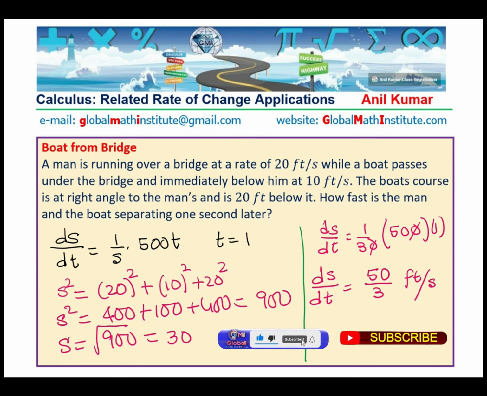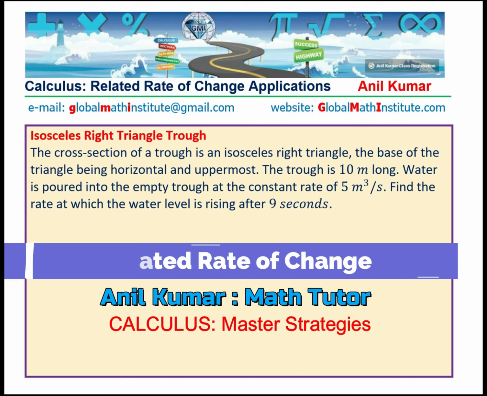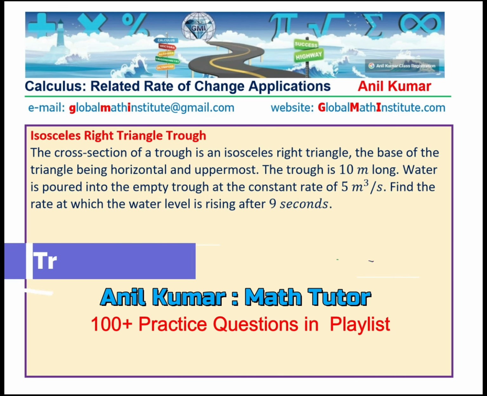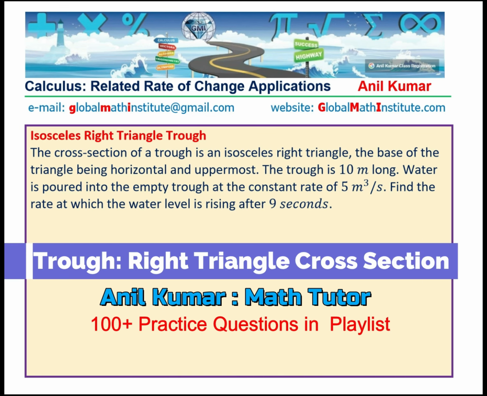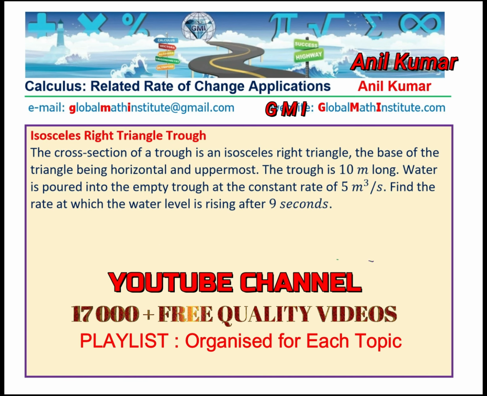Let us now take the next question on trough. Here is a very beautiful question based on related rate of change. We are going to analyze the cross section of a trough, which is a right angle triangle. The question here is, a cross section of a trough is an isosceles right triangle, the base of the triangle